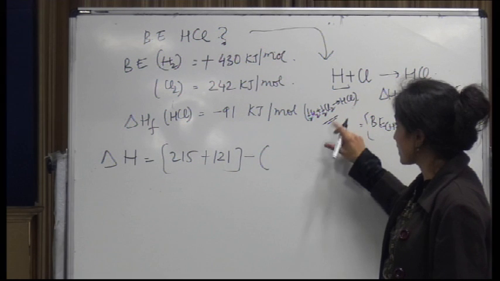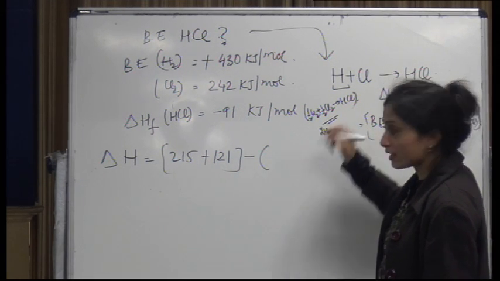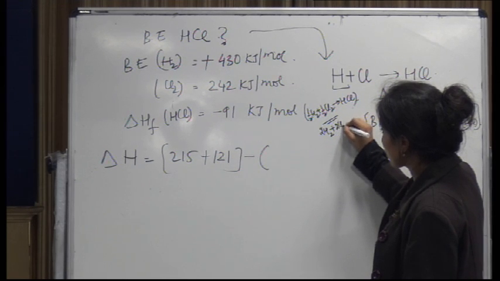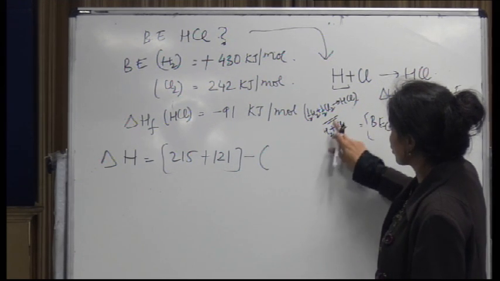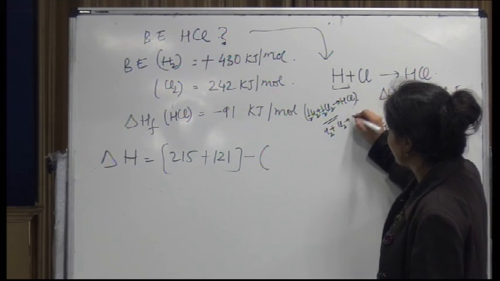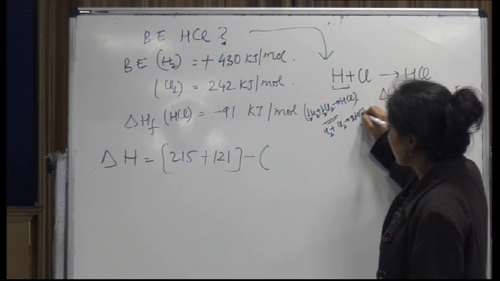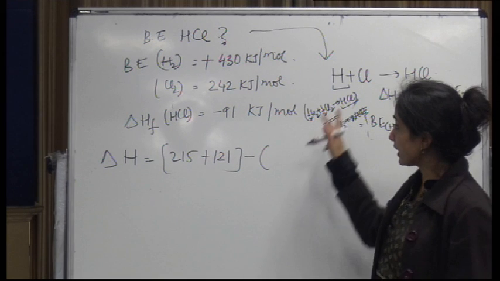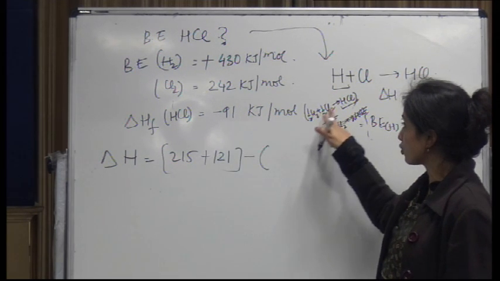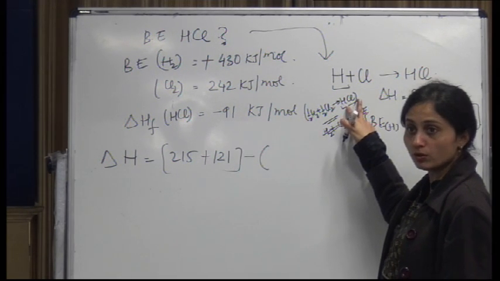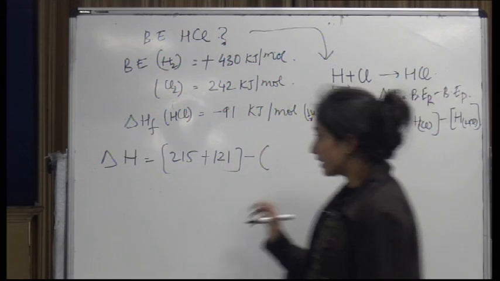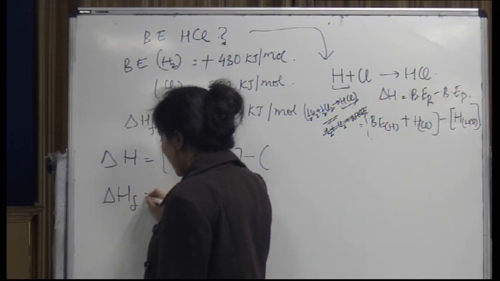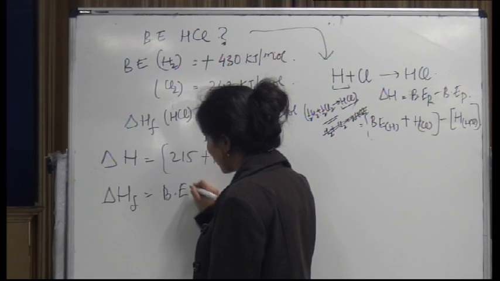That means basically the reaction that actually takes place in nature is 1 mole of H2 plus 1 mole of Cl2 gives you 2 HCl. But because heat of formation refers to the formation of only 1 mole, the reaction for this is half H2 plus half Cl2 giving you HCl. Another thing, so what we have is that the delta HF is equal to bond energy of the reactants minus